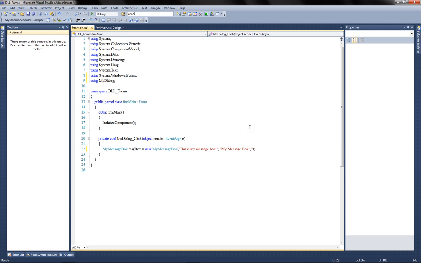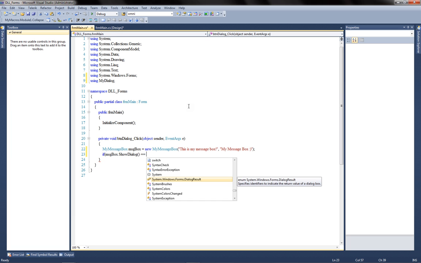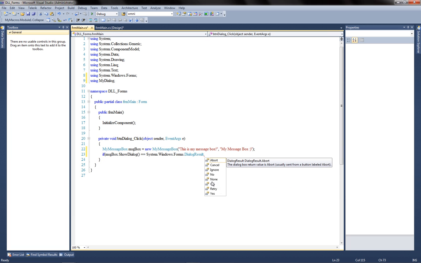Then we'll come down here and do MSG box dot show dialog. Okay, actually, no, we won't. We'll do if MSGBox.showDialog is equal to dialog result dot OK, we'll come down here, do that, and then we'll do else,